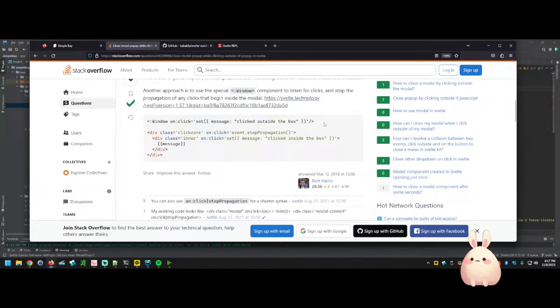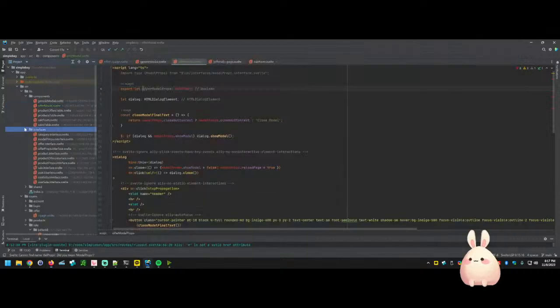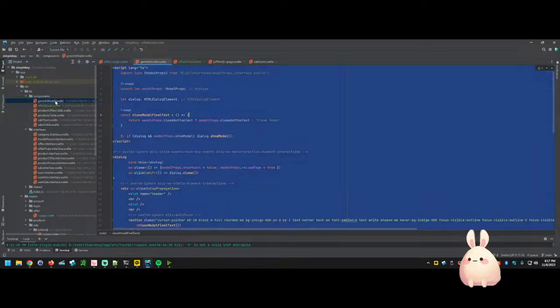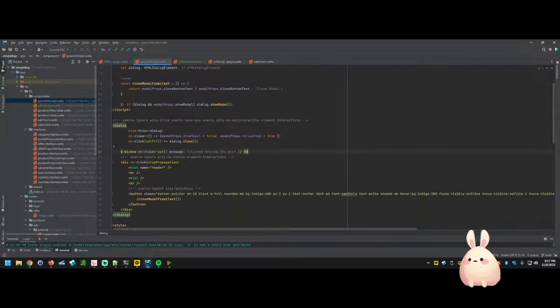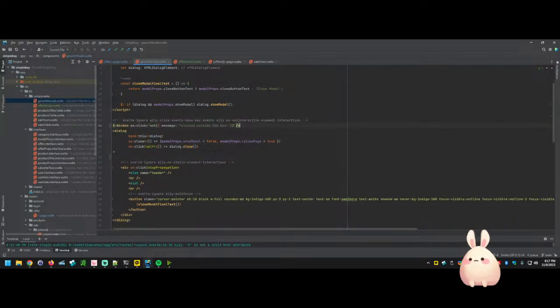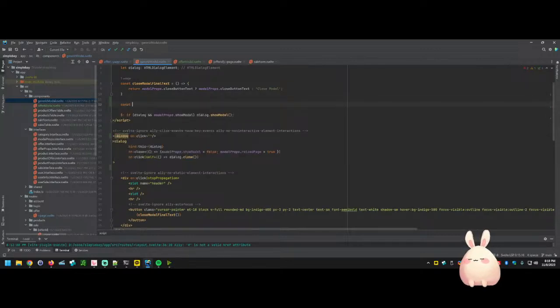Let's grab this particular functionality and listen for the window. So while the modile is open, and we can play around with this, we don't actually need to. So we'll do it over here on the generic to start, and it looks like you put it outside of the div. Let's see here, maybe, or is it up here? Yeah, let's try it out here. And we don't have a message. So what we're going to do is we're just going to on click. We're going to run a function up here, which is going to give us a little alert. We'll call this function clicked outside